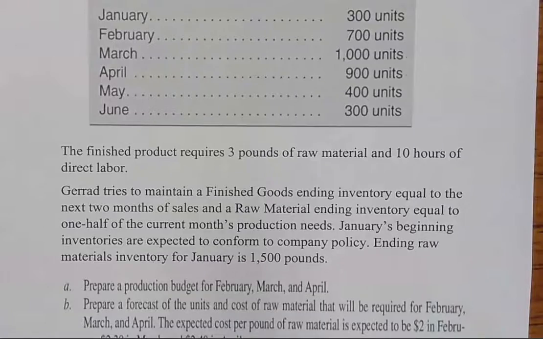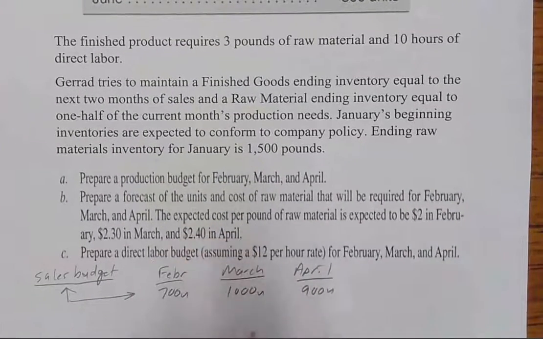Okay. Just so we know what we're doing here. Sorry, I had that down. I just drew a line, this little arrow here, to indicate that this was basically our sales budget for those 3 months in units. Okay, so pretty obvious, but that's okay. So then, if that's the case,